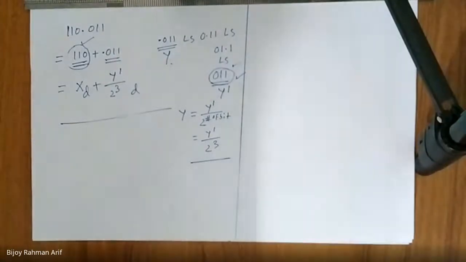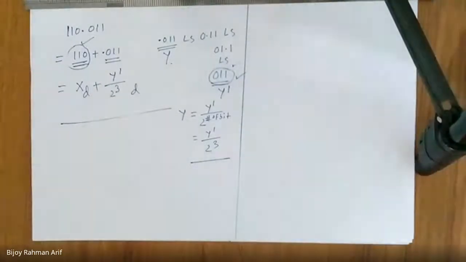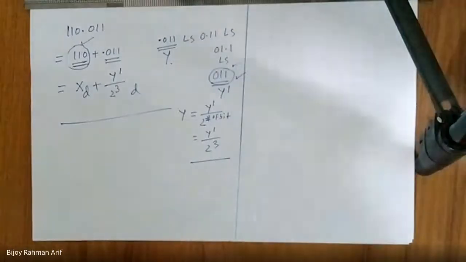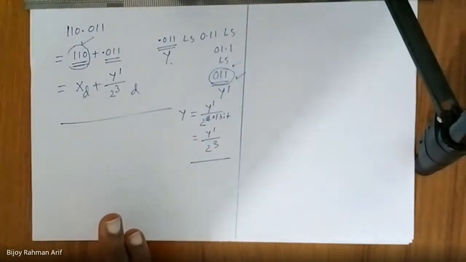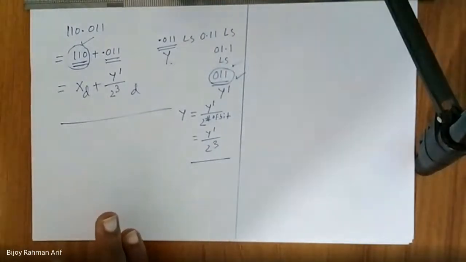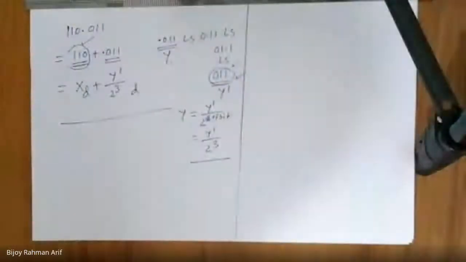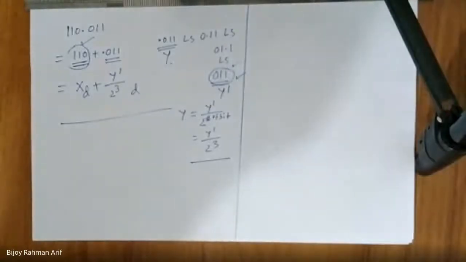Now, I don't have anything by which I can convert the fractional part to the decimal equivalent. But if I shift the number, then eventually I can get rid of the fractional point. If I can get rid of the fractional point, then I can use my previous algorithm to convert the integer binary numbers to equivalent decimal. But as I left shift, I have increased the number. That's why I compensate by division. So that is the catch. Is it clear? Yes, sir.